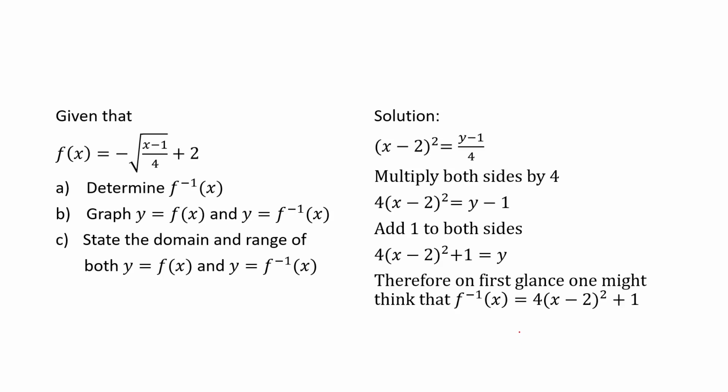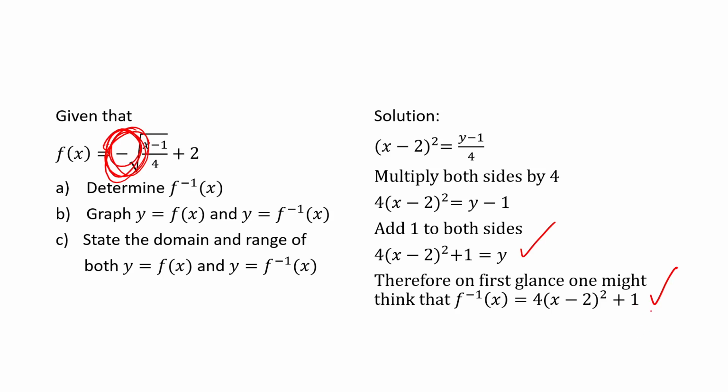We can now multiply both sides by 4. And then we can add 1 to both sides. And we have an expression for y. And sometimes students think that's their inverse. But of course, just remember, we began with a one-arm parabola because there was a negative in front of that square root. We're not allowed to finish with a two-arm parabola. Because we began with the one-arm parabola,